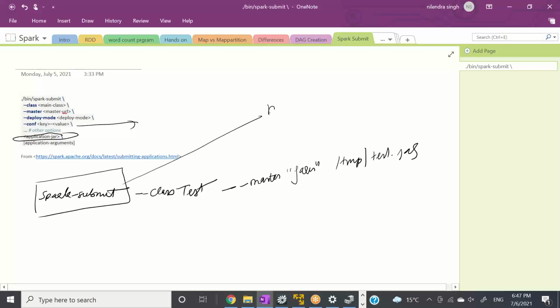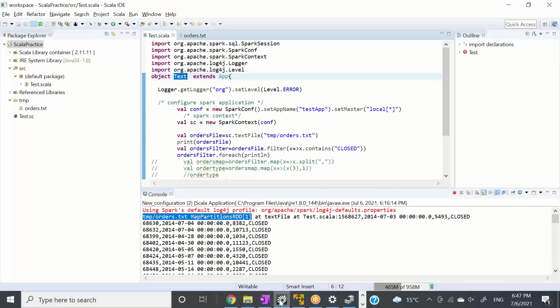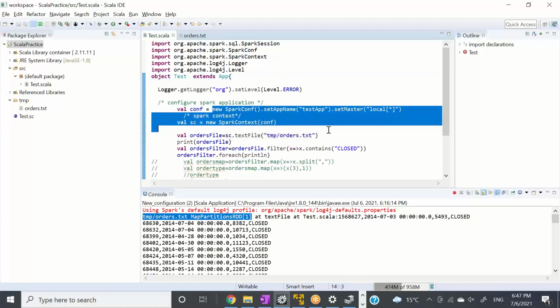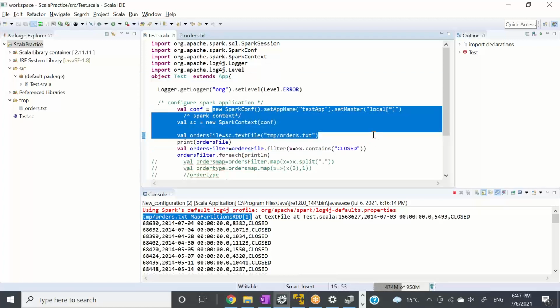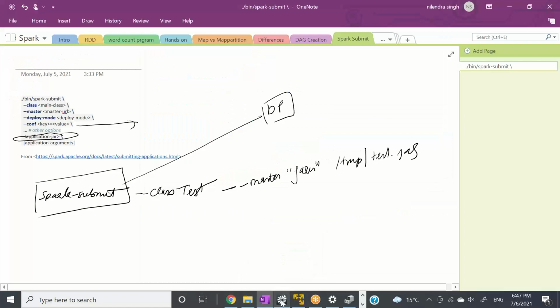When you run this spark-submit, this will go to your driver program. And since inside this program we have created this code, inside this code we have created the SC, the Spark context. So now it will know that we need to run this inside the Spark cluster using this Spark context, right? So when I run spark-submit, it will find SC here. It will run the main class inside this driver program.